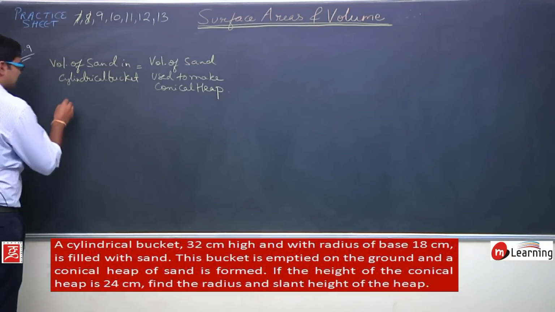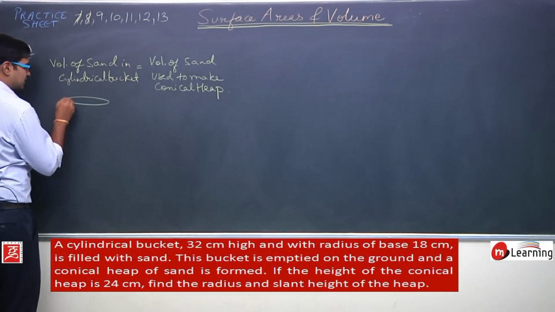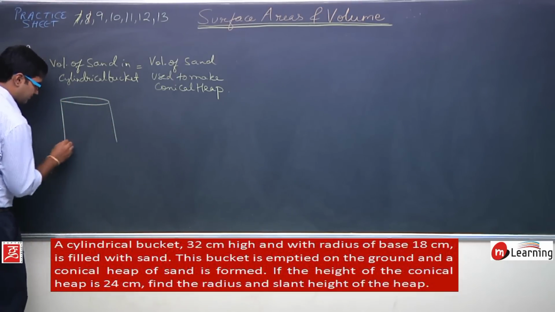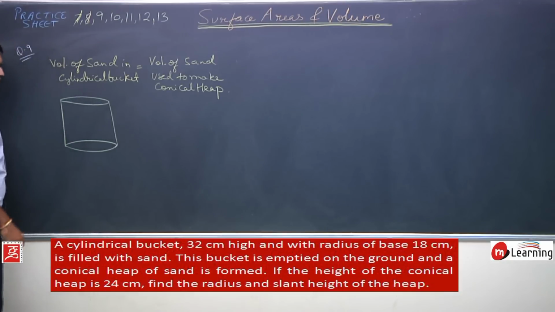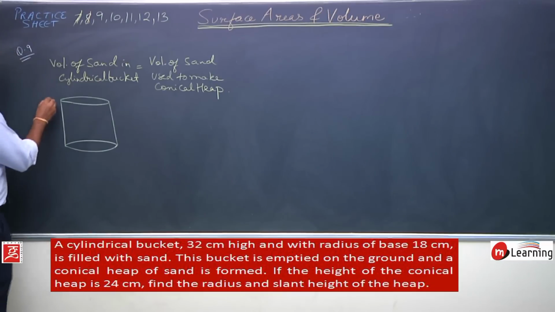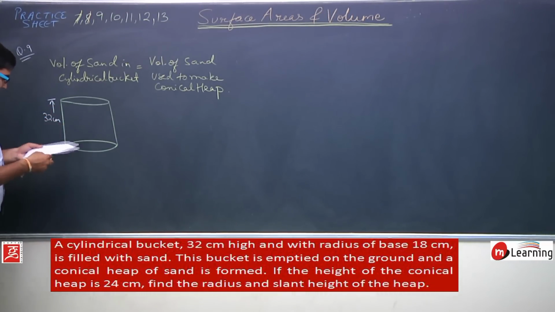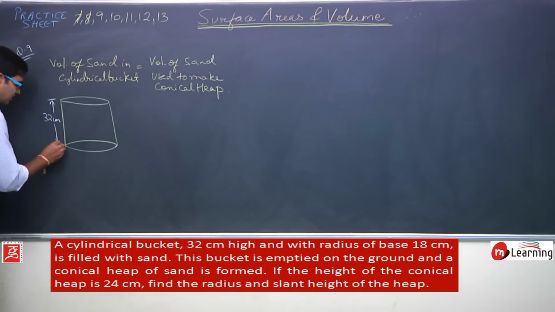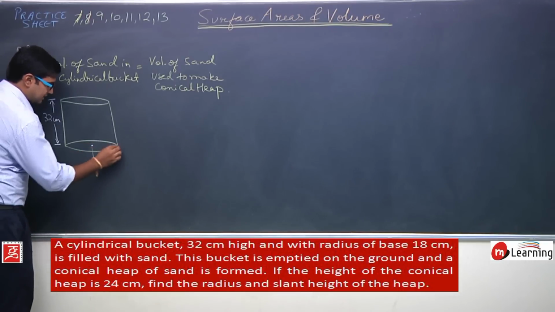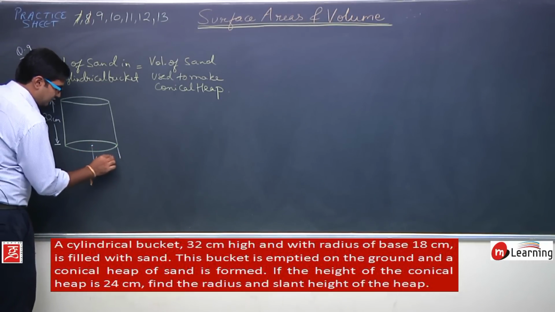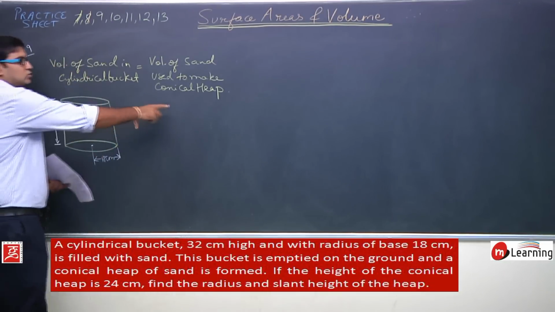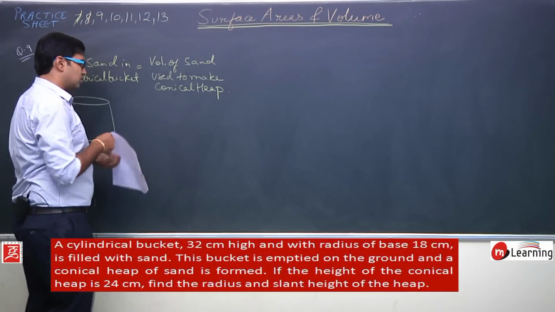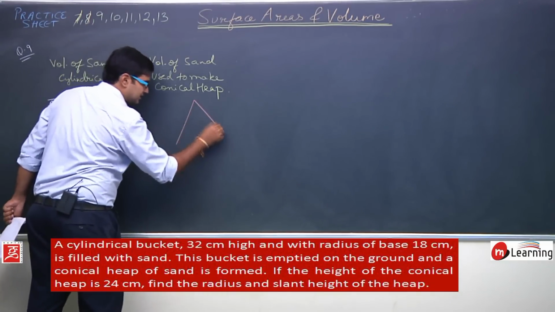So the cylindrical bucket is something like this. This is a cylindrical bucket. Okay, the height of this cylindrical bucket is given as 32 centimeters. The height is 32 centimeters, and I have the base radius as 18 centimeters. Then the sand which is contained inside this bucket is used to make the conical heap. So the conical heap has a shape something like this,